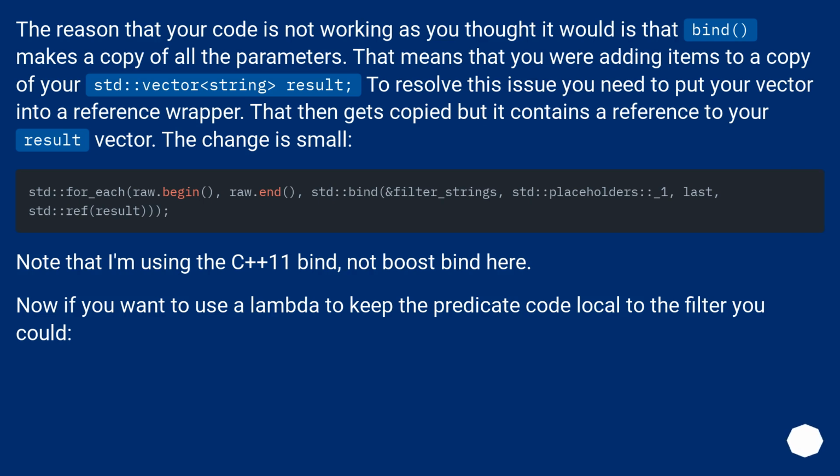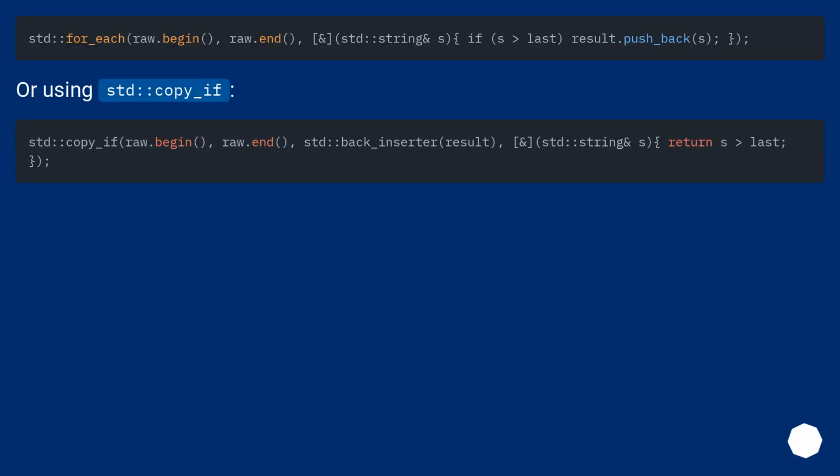Note that I'm using the C++11 bind, not boost bind here. Now, if you want to use a lambda to keep the predicate code local to the filter, you could. Or using std::copy_if. If you want to have result code